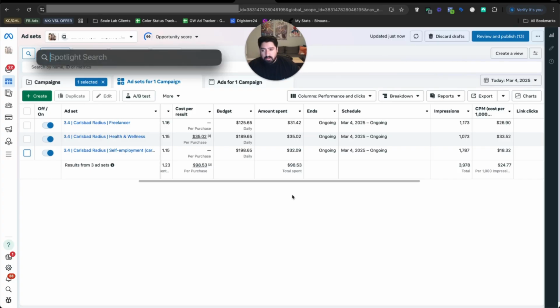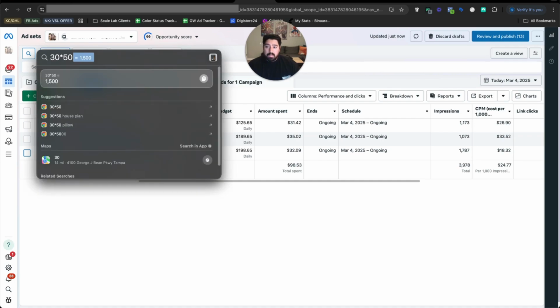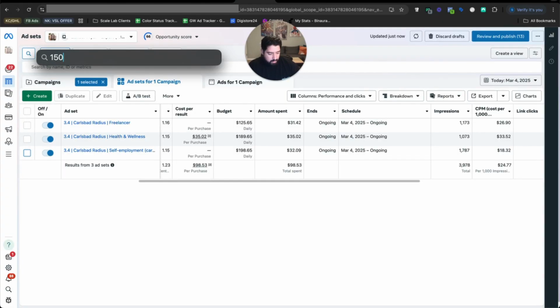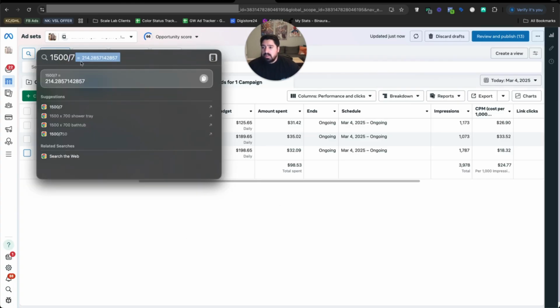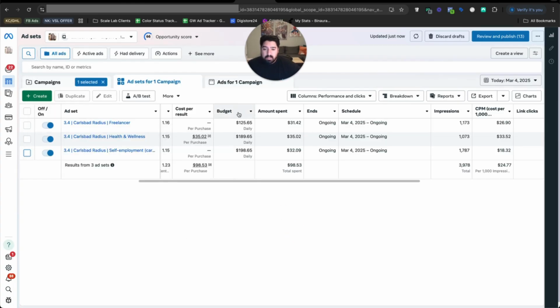So if we do $30 per sale times 50 conversions a week, that means that I need to spend about $1,500 a week to get those sales, right? $1,500 a week divided by 7, meaning I should spend $214. Now that doesn't even necessarily mean $214 across the board. That's $215 per each ad set. However, that can be a pretty big budget to start off with,